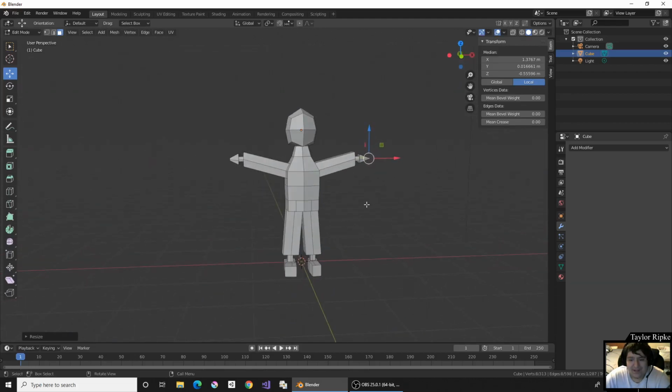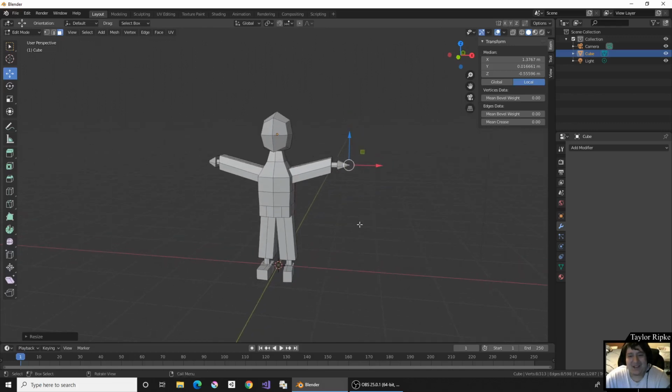So, silly looking character, but I think you should be pretty proud of our first character. He's not dimensionally proportional or anything like that, but it is a character that we could now add some textures to, and in the next video we're actually going to go ahead and rig up this character for some animation, and we'll be able to see him moving inside of Unity. So I hope that's really exciting, and I know your character is going to look a lot better than mine,